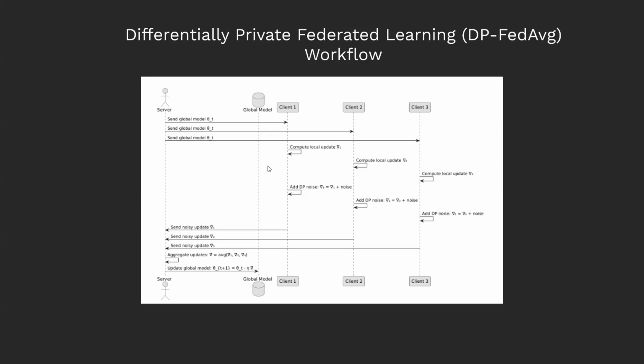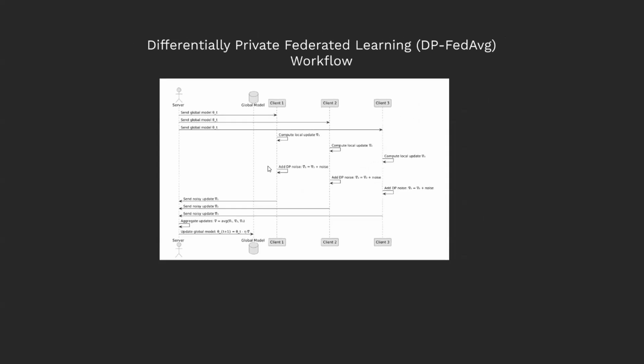Then we have privacy amplification, where the overall privacy guarantee improves as the number of participating clients increases. A phenomenon known as privacy amplification by subsampling or the privacy blanket effect. This combination of DP and FL is becoming the gold standard for training models in sensitive environments such as healthcare, finance, and personalized device learning, where data privacy is non-negotiable.